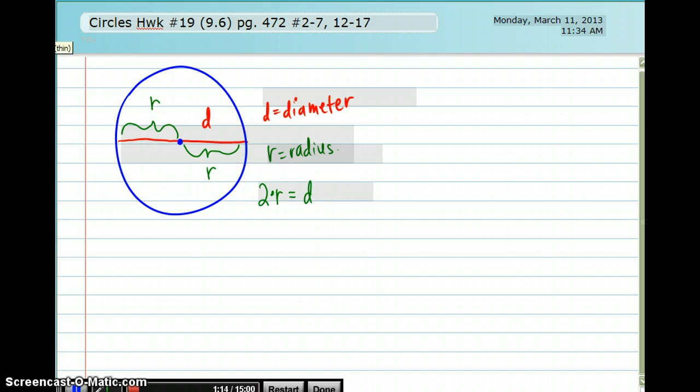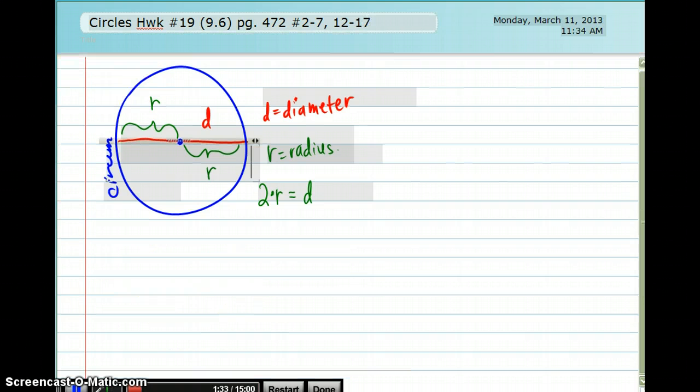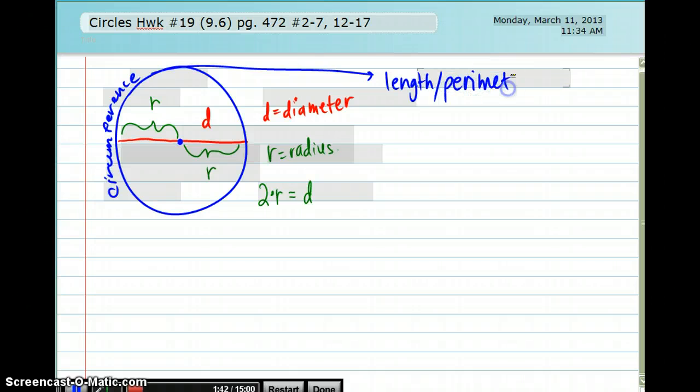picture. Also, a key word is circumference. I'm going to write that around the circle because the circumference is the distance around a circle. It's like the perimeter, but specifically for circles, we call it circumference. That's the key word there. Circumference. We say it is the length or the perimeter around